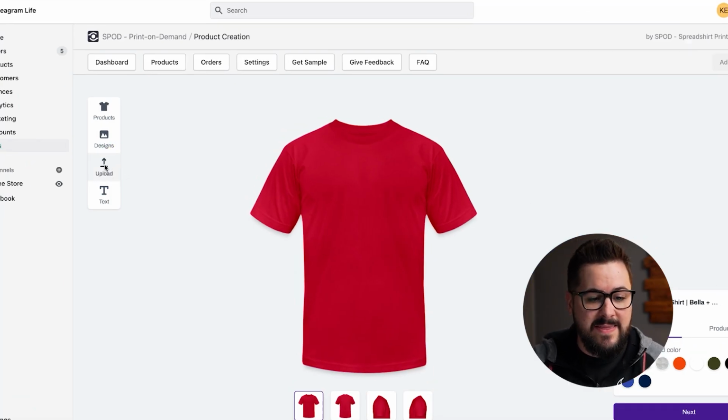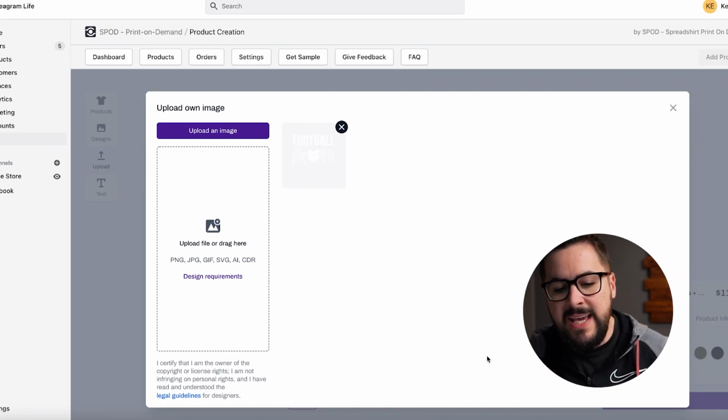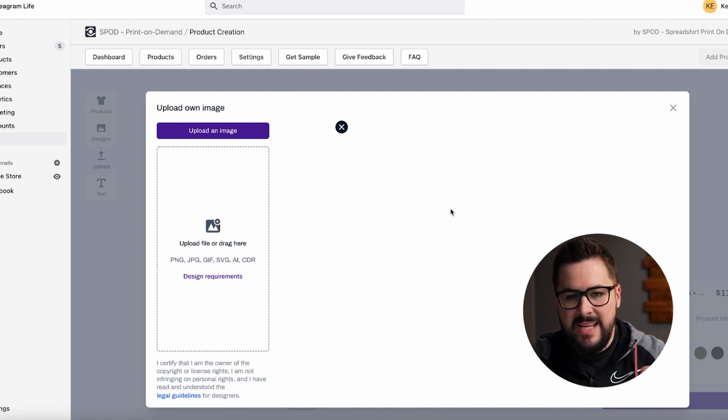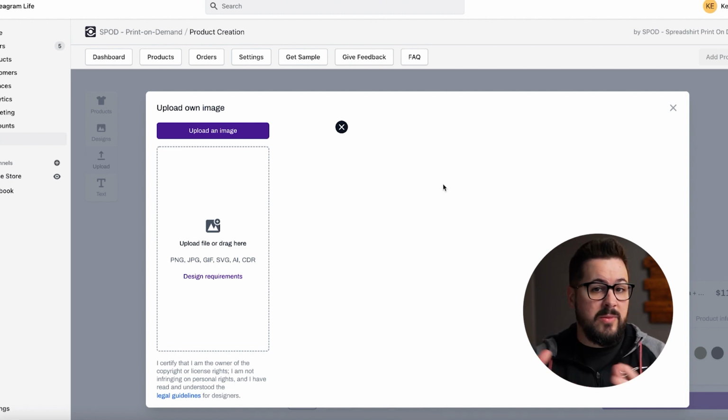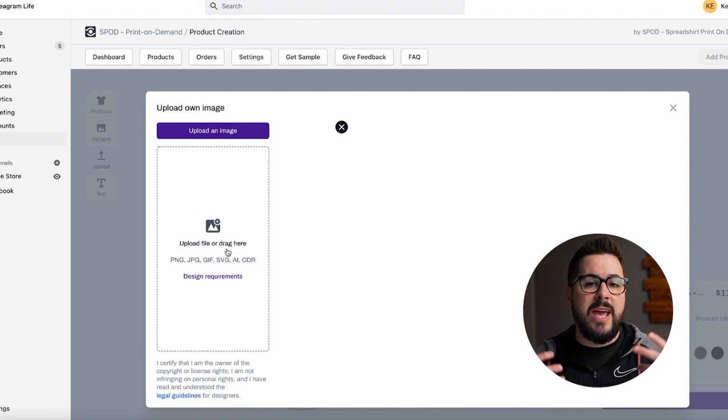Now that we've got the correct product that we want to start designing on, the next thing we're going to do is hit this upload button right here on the left. Once we click that upload button, it's going to take us to our design library here. If you have designs you've uploaded previously, they will all show here, but we can actually just click right here in this open space or click on upload an image, and that will let us upload a file